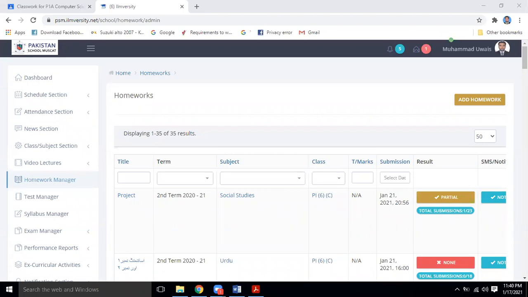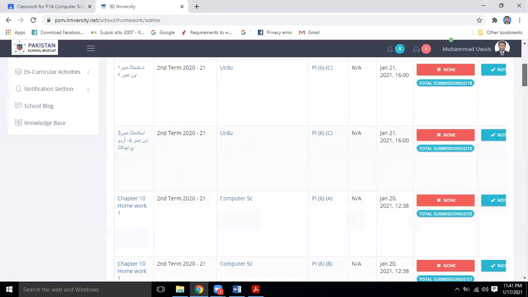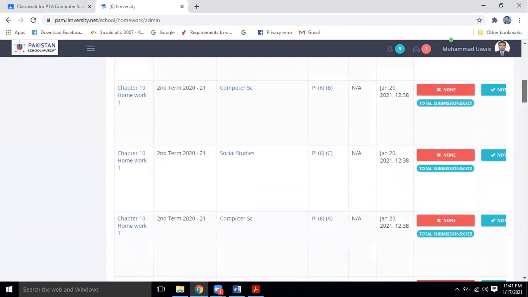Yes, Hiba Imran. Sir, is this activity having any marks? It is just a practical activity, so at your convenience, you can do it and submit it. Sir, you have written social instead of computer science by mistake in P1C when you are assigning the assignment.